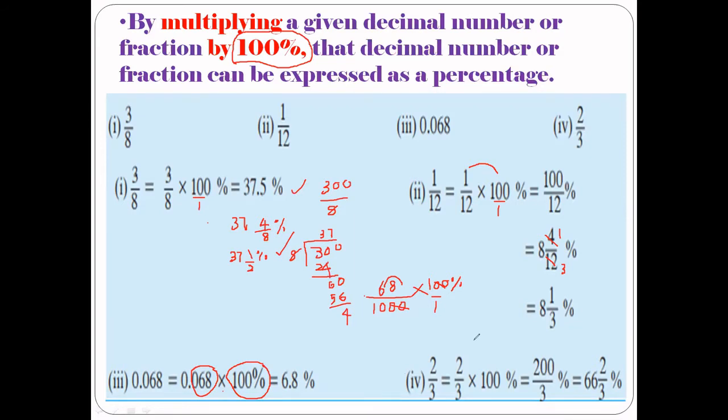Now you know you can convert a decimal number also by multiplying by 100%. Let's see another example. 2 over 3, also multiplied by 100%. Then if you want, you can put a denominator 1. 2 into 100, 200. 3 into 1, 3. 200 over 3. Divide this way and write the remainder to this place. When you divide 200 by 3, the answer will be 66 and 2 over 3%. Don't forget to put the percentage sign.